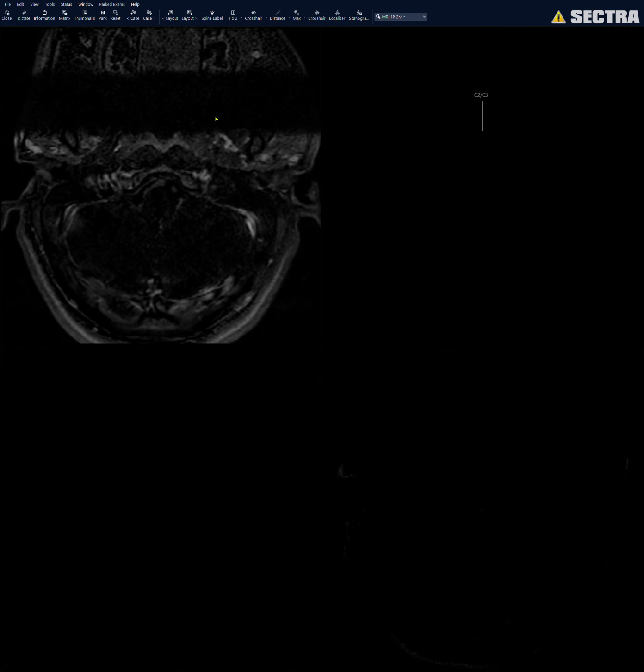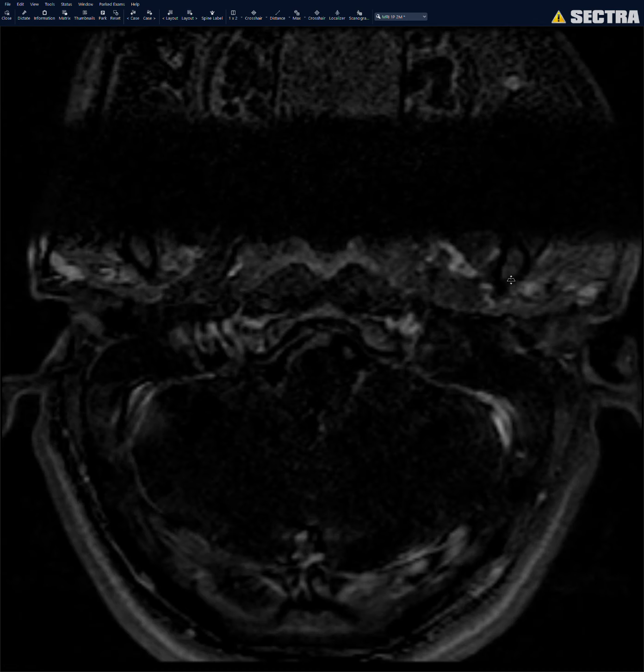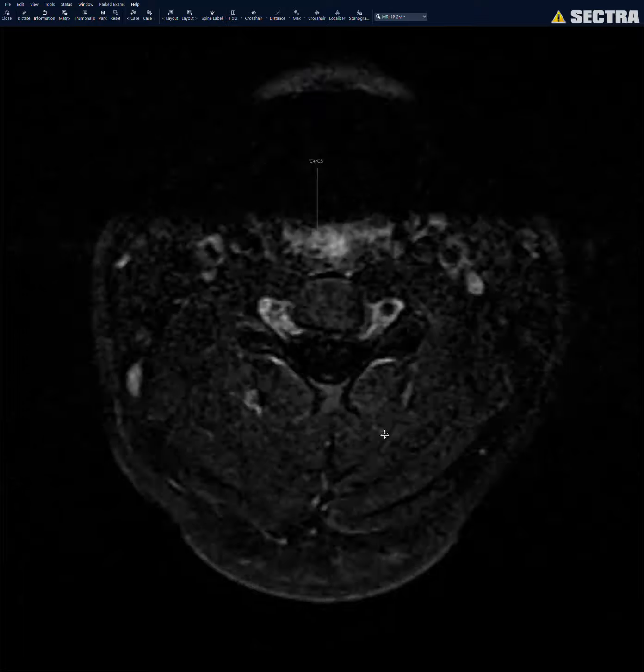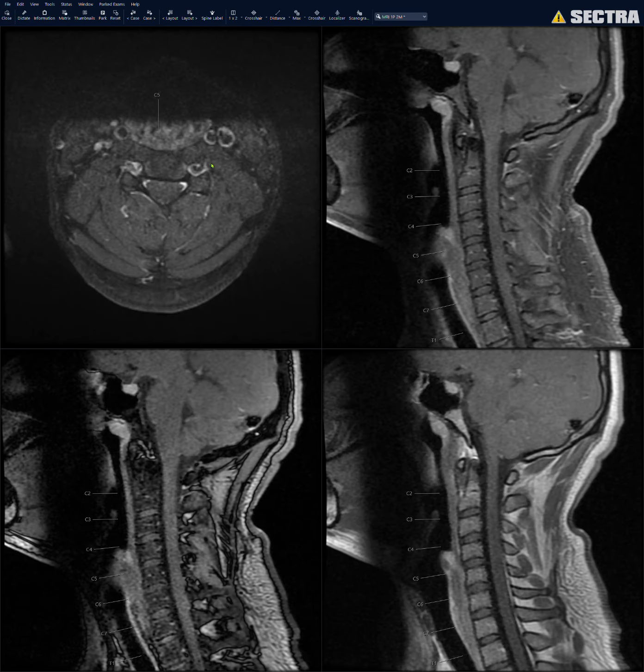And finally, last but not least, they give you subtraction images. This is post-contrast subtraction images, axial. And I quickly scroll through, make sure there's no abnormal enhancement. Usually, if there was anything abnormal, I would have already caught it on my